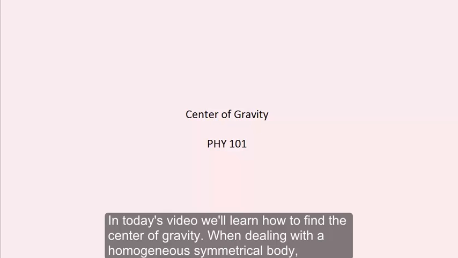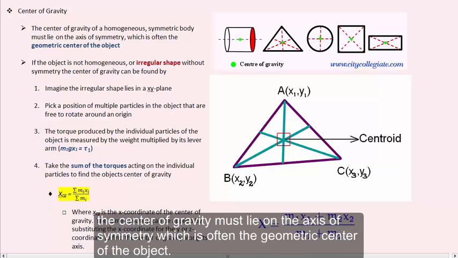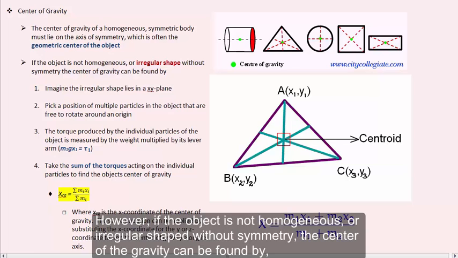In today's video, we'll learn how to find the center of gravity. When dealing with a homogeneous, symmetrical body, the center of gravity must lie on the axis of symmetry, which is often the geometric center of the object. However, if the object is not homogeneous or is an irregular shape without symmetry, the center of gravity can be found